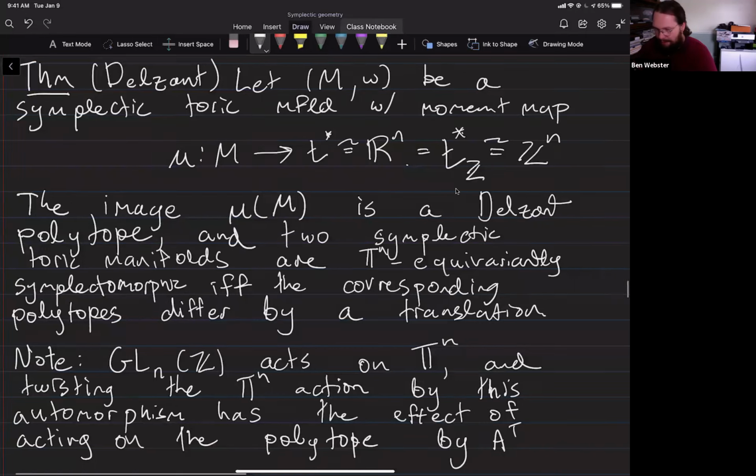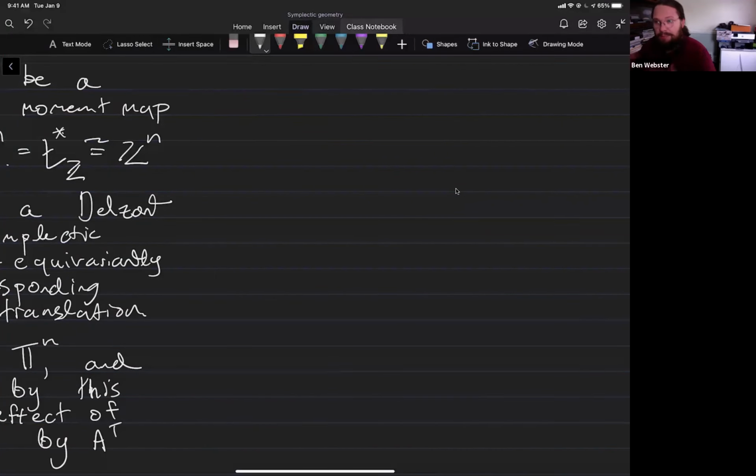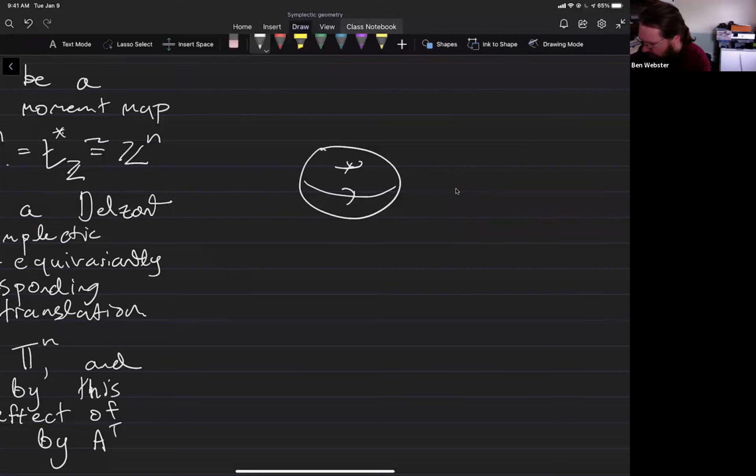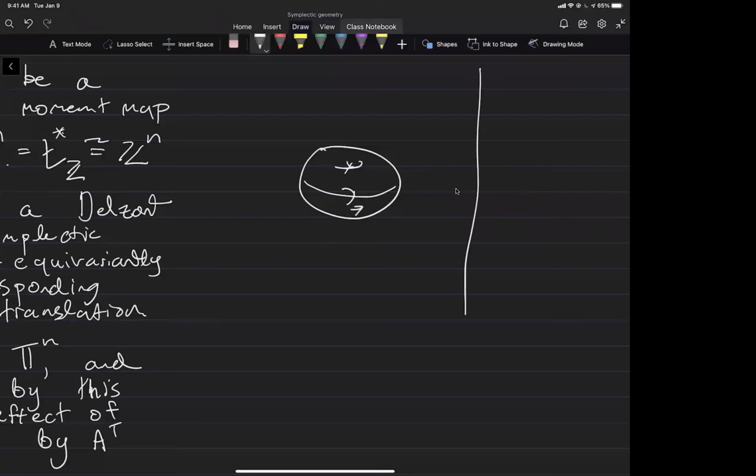right? So I'm sure I have this example somewhere further down, but the most basic example to think about is if I have S2 with the usual rotation S1 action, right? So that's a symplectic manifold. I have an S1 action on it that's half the dimension. And we know what the moment map is. It's the height function. But I'm being a little vague here, right? So the height function,